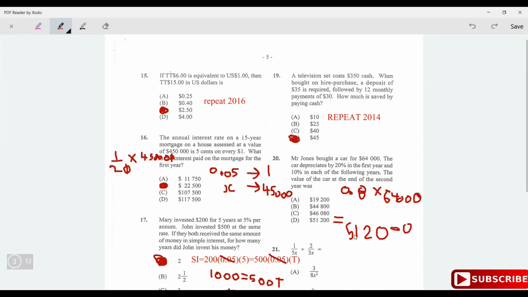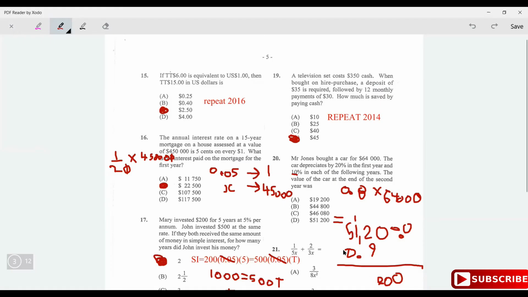And then we multiply 51,200 by 0.9 because it's 10% now of the second year. Multiply it by 0.9. What we're going to get is 51,200 times 0.9. 9 times 0 is 0. 9 times 0 is 0. 9 times 2 is 18. Carry up the 1. 9 times 1 is 9. Plus 1 is